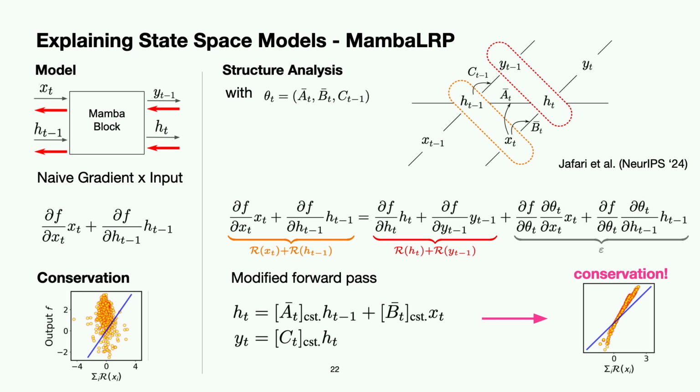So far so good? Yeah. Can you repeat again what's being conserved here? The relevance. So it's kind of like the output. Okay, so the output is aimed to be conserved. So that's the score that you get out of the network for a certain prediction, and you want the sum of your relevancies to match this prediction score, so that you basically just redistribute through your network. But relevance should not appear or disappear throughout this process.